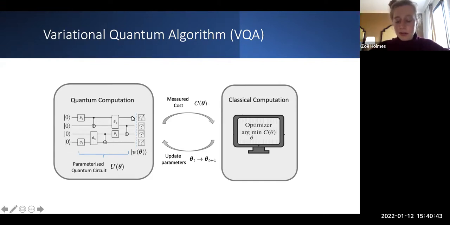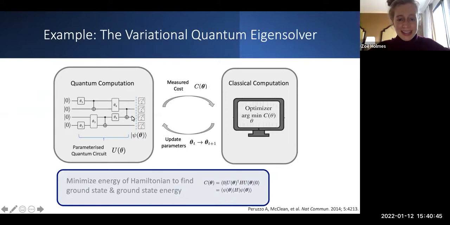But this can be made more concrete by considering examples. The classic example, and the first example of a variational quantum algorithm, is the Variational Quantum Eigensolver. This was presented by Peruzzo, McClean et al. back in 2014. The idea here is that you take your cost function to just be the energy of a particular Hamiltonian. By minimizing the average energy of this Hamiltonian with respect to a particular state you prepare,